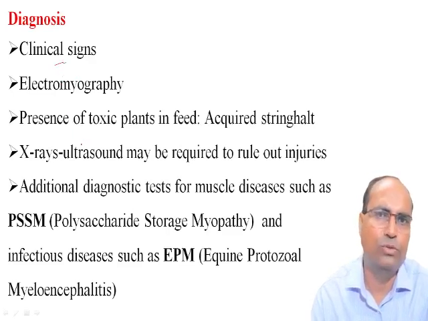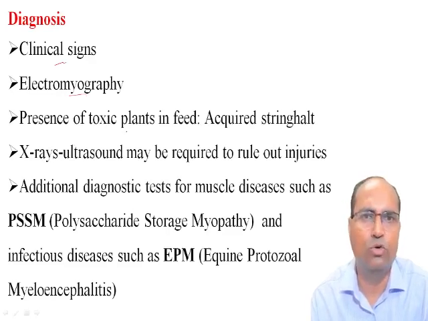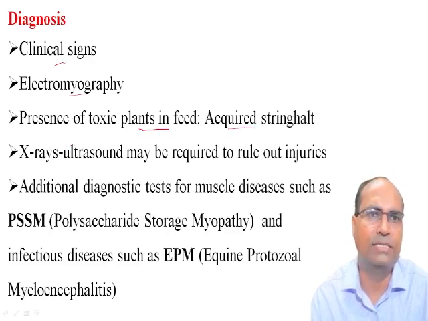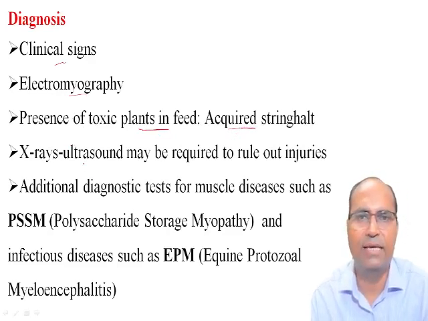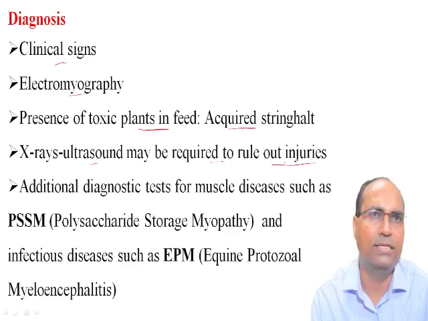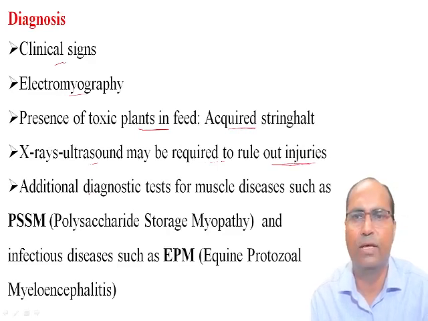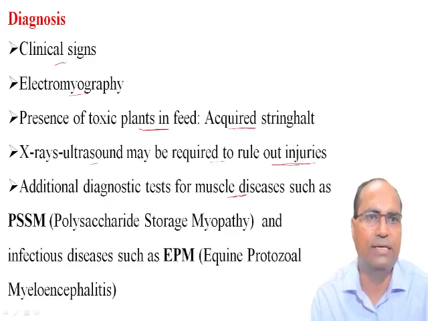This is diagnosed based on electromyography. The presence of toxic plants in the feed is noted in cases of acquired Stringhalt. X-ray and ultrasound examinations may be required to rule out injuries. Additional diagnostic tests for muscle disease such as